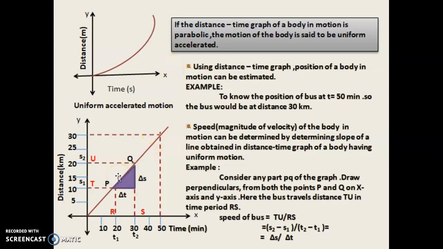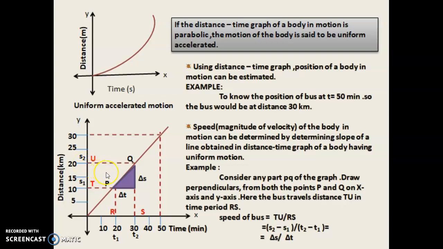Now, when you draw this, you will get two points below and two points on this side. These are P and Q, R and S. Here you can find out the distance. The points on the time axis give the change in time, del T, so this one will be T1 and this one T2. Similarly, the distances will be S1 and S2.